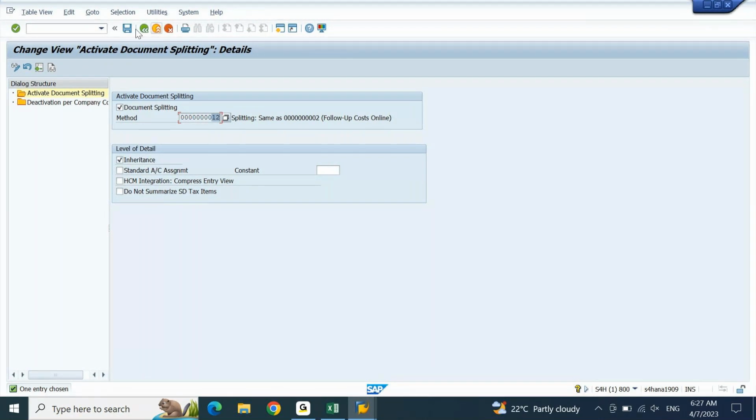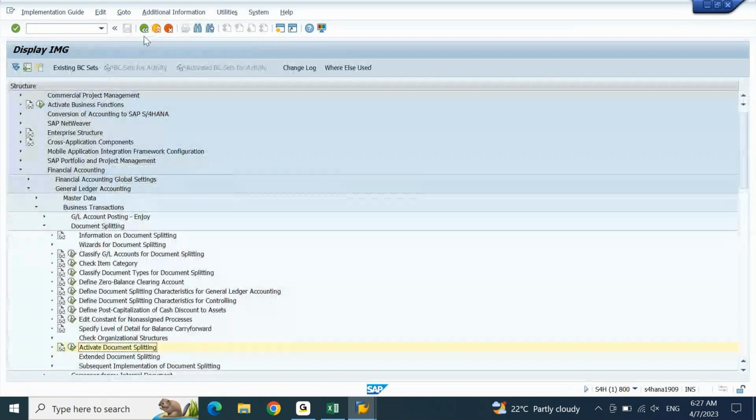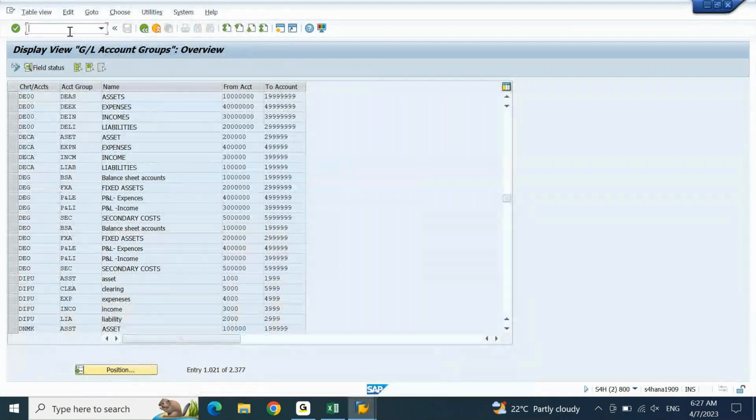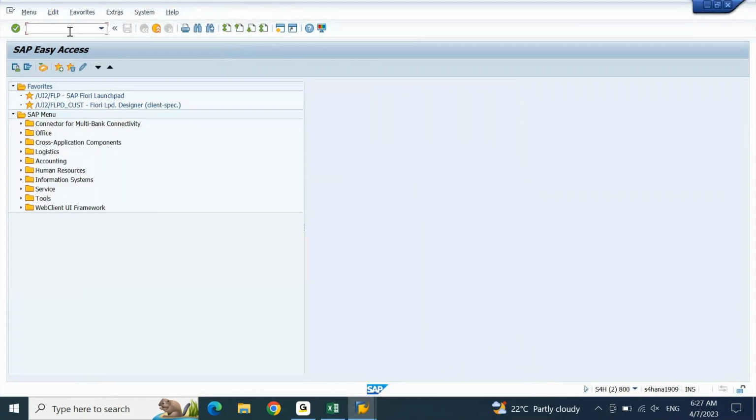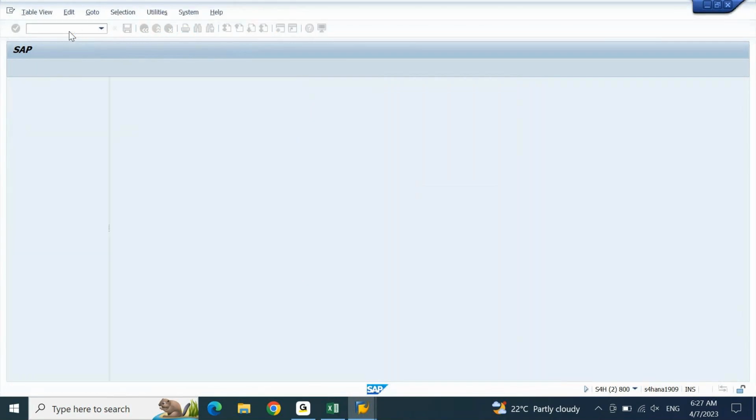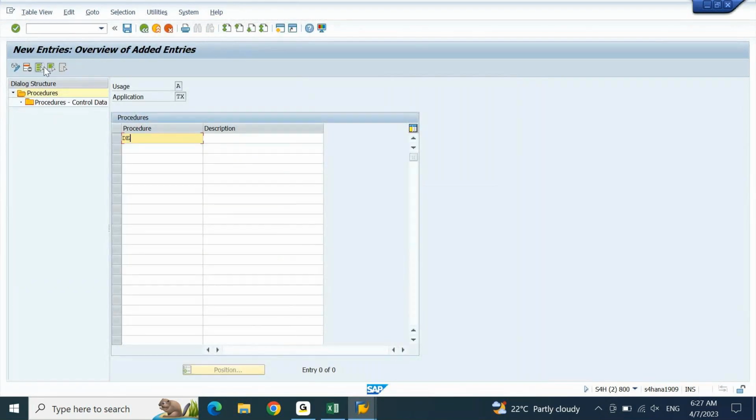After this, let me create tax procedure. OBYZ, procedures, new entry. I'll create a procedure same like my company code. So DE00